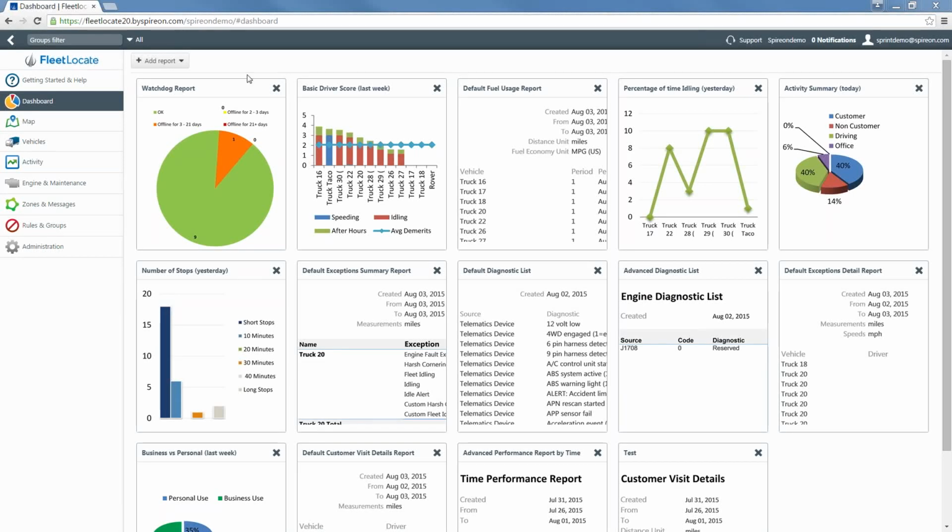Now with the advanced solution, you can land on any tab you want when logging into the system. I've chosen to land on the dashboard tab, and the dashboard tab is where, as I explain, you can see your fleet at a glance. So whether you're interested in idle time, stops, or driving behavior, you can look at all of that really